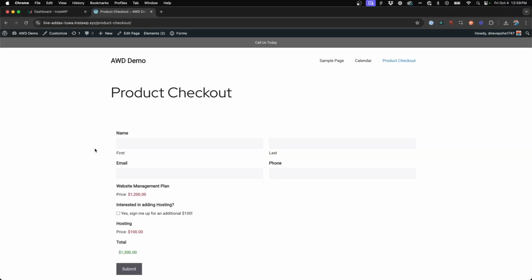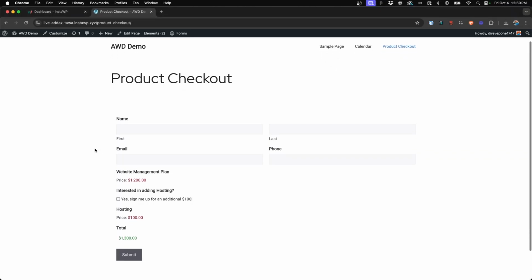If you're using Gravity Forms to create a checkout form to sell products or services on your website, and you're looking for the ability to add an additional add-on service or product in the form of a checkbox, today I'm going to show you how we can quickly and easily achieve this with Gravity Forms out of the box with no code. All right, so when we look at my demo page here,